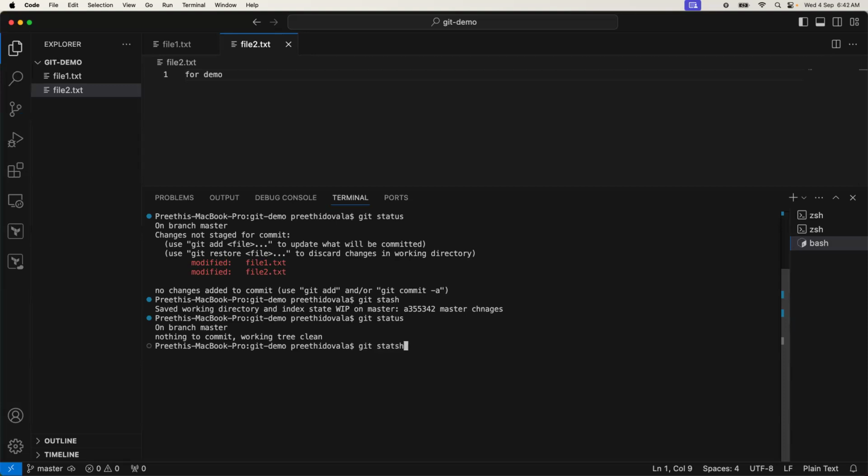How do you see them? Git stash list. This will show all the stashes available. All the stashes means you could do the stash multiple times. Each time you stash, a stash number will be created. All of them can be seen with the stash list command. See here,